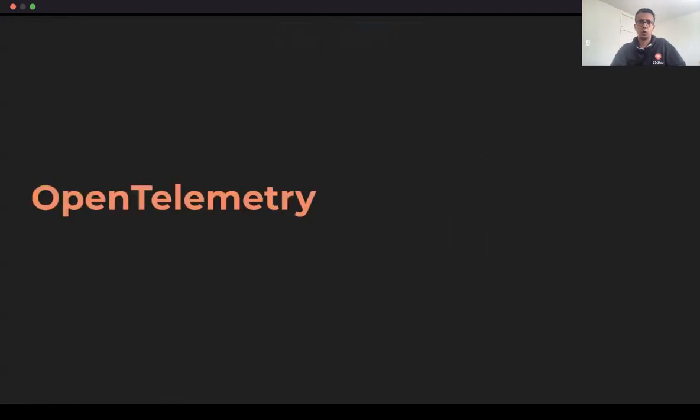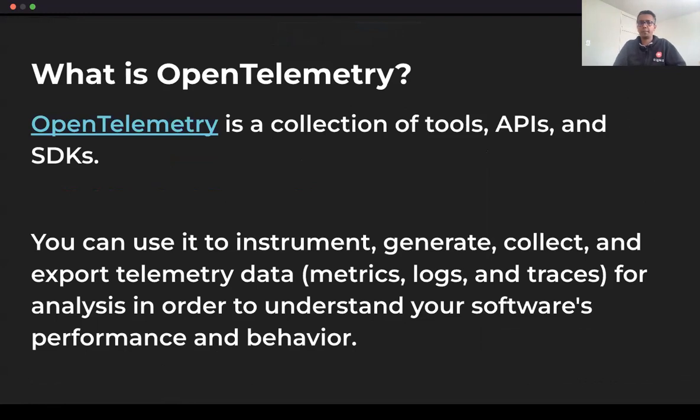Let's now discuss OpenTelemetry. So OpenTelemetry is a fairly recent project, and it's a collection of tools, APIs, and SDKs which help you generate, collect, and export this telemetry data, right? So we talked about different types of telemetry data, which could be metrics, logs, and traces. So OpenTelemetry is the instrumentation, it helps you instrument your applications with these,